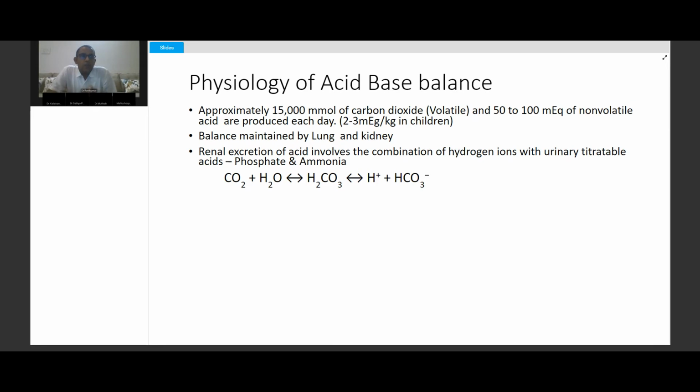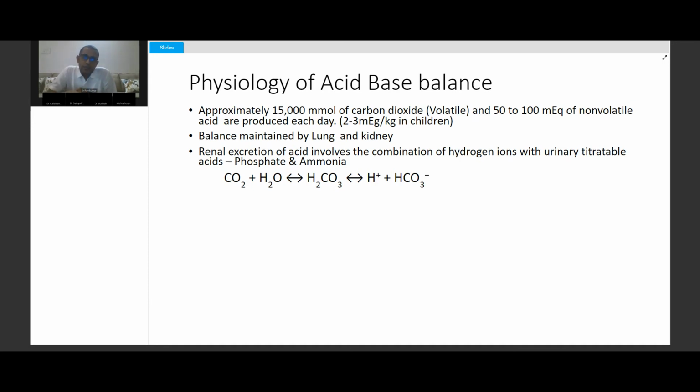When we thought about water, and especially our plasma, the major acid production is your volatile acid, which is carbon dioxide, and the non-volatile acids, which I talked about, the other acids which we produce. And a major buffering system. What is a buffer? A buffer is something which, when an acid or a base is added to the solution, tries to bring the solution back to near-normal physiological pH. The most common and major buffering system in our body is your bicarbonate and carbonic acid buffering system.